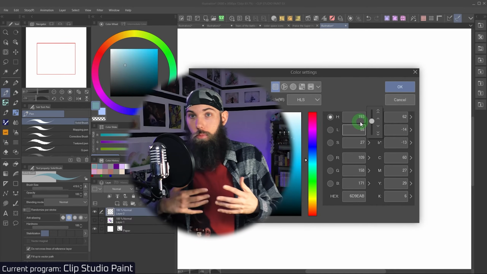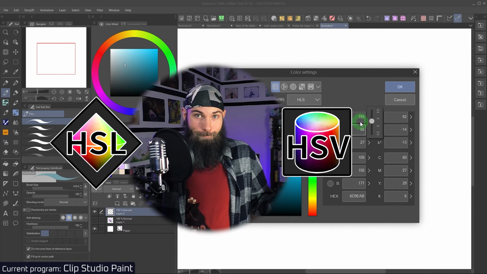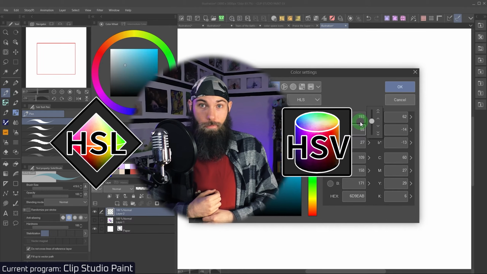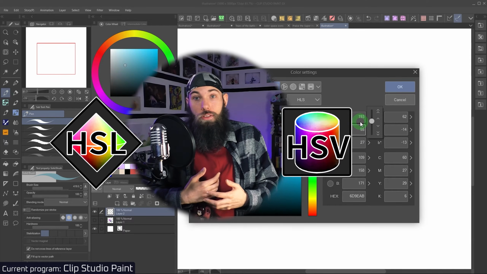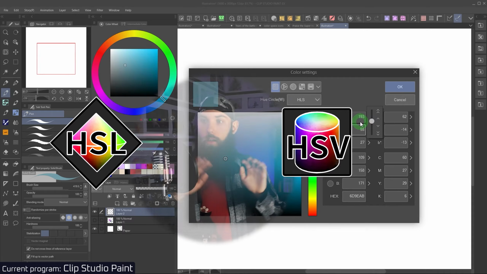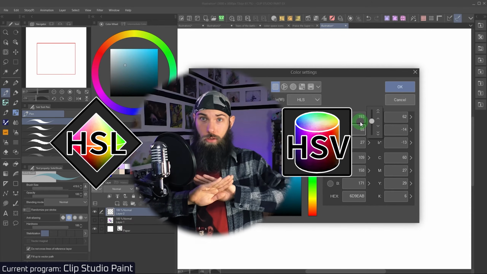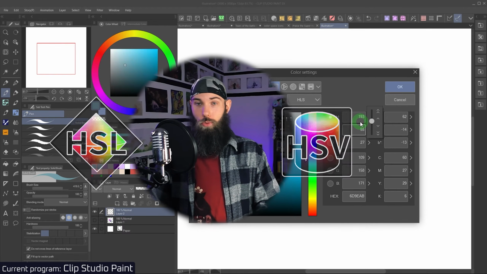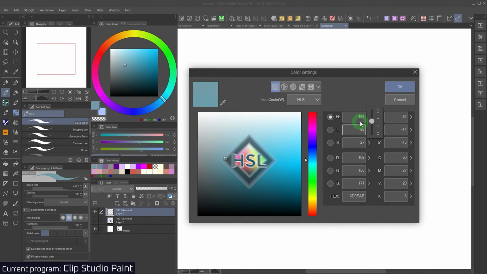So then, would I recommend HSL over HSV? Well, not necessarily. I personally use HSV. Why? Because I'm simply just more used to it. Both of these systems are so similar to each other that it doesn't really matter all that much which one you use. One of the downsides of HSL is that in this square there's less overall color information going on,